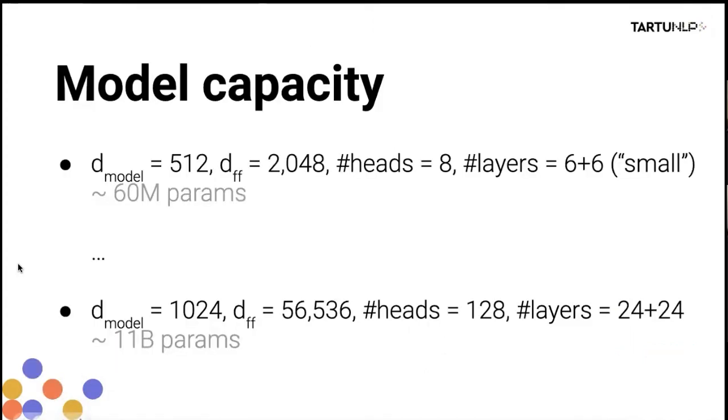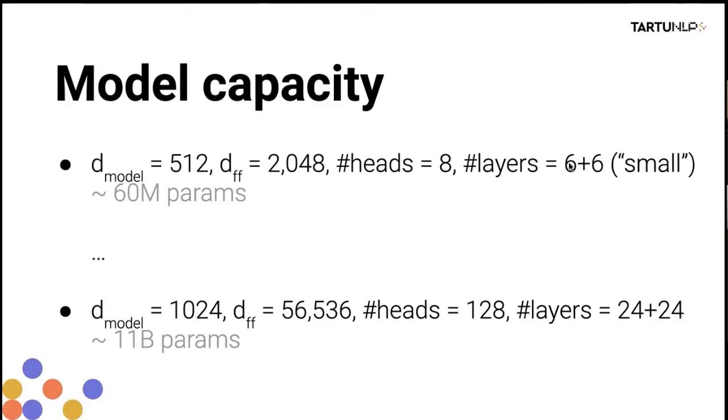So if we, for a second here, look at how big of a model we need. It makes sense that the more information the model is supposed to learn, the more tasks we have, the more text, the more difficult it is to perform the tasks, the bigger model we probably need. So in the paper, Google experiments with, I think, 4 or 5 different setups of models. It starts with a model they call small model. And this small model is actually the default setup of Marian, Fairseq, and other machine translation frameworks,